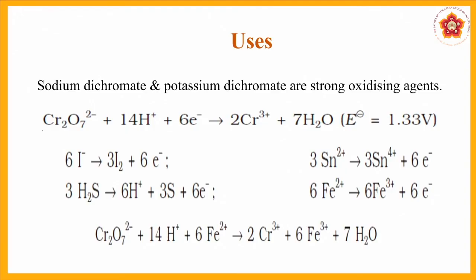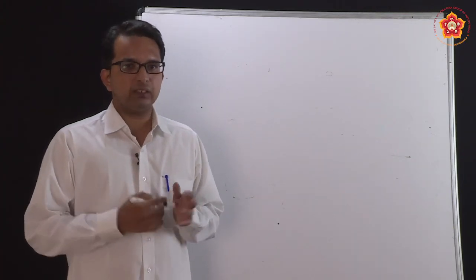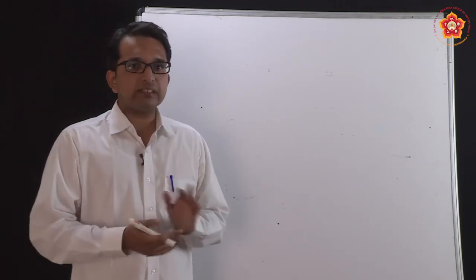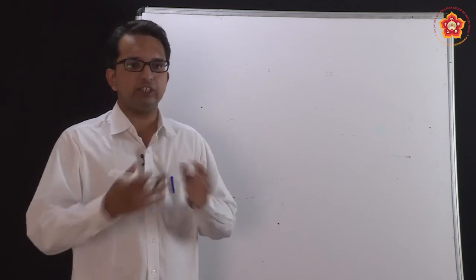Let us see some more examples that are present there. One such example of iron is what I have shown at the end of the slide, in the lower part. Similarly, you can also try writing these reactions for the hydrogen sulfide which is given and the stannous to stannic ion conversions which are present there. So these are some uses of these compounds. So what else are the other uses? How do they act in acid medium and basic medium? Let us see those parts now.